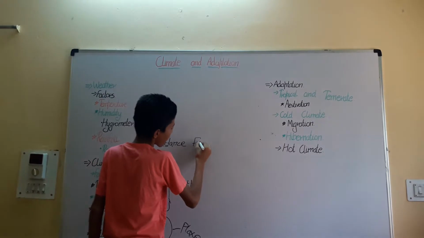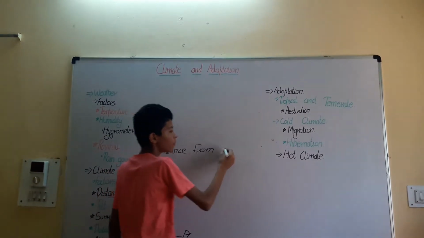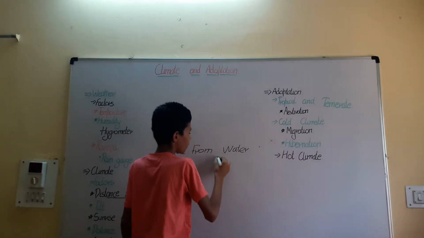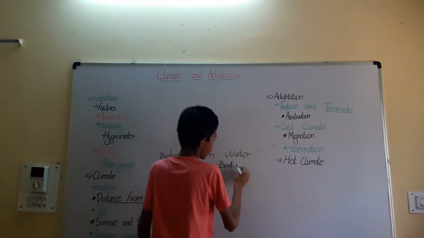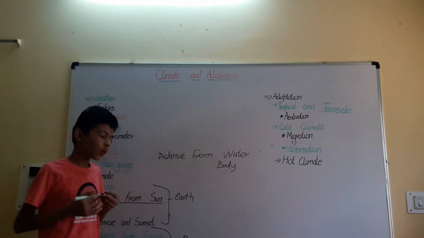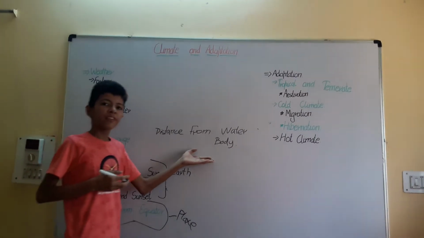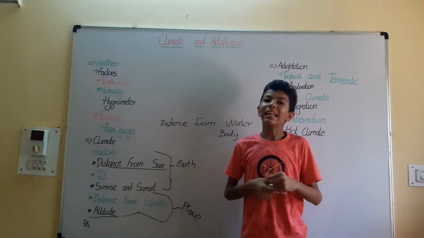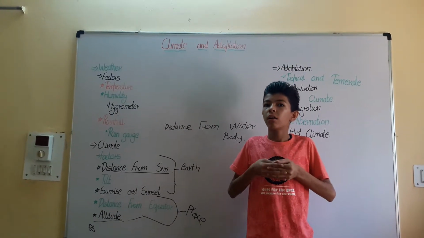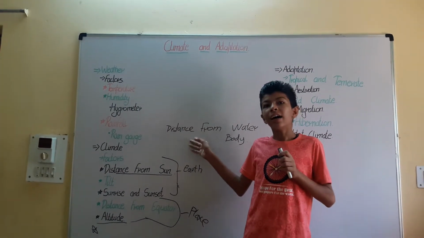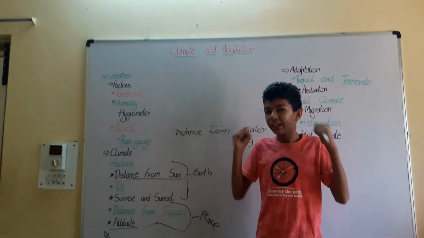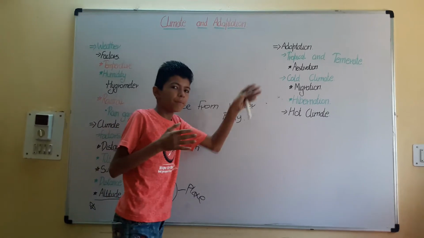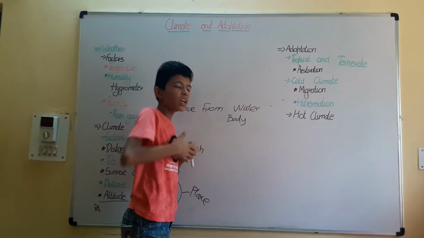Distance from water body. So what happens, just if you see Chennai, which is a very close place to the water area, it has higher heat. So depending on the region, if the distance from the sea is more, we will tend to feel cold,